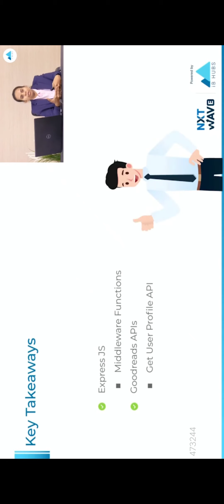Okay, so let me summarize today's session. In today's session, we understood about the middleware functions, right? We have written a middleware function to authenticate the JWT token. Then we have written a get user profile API, using which we understood how to make use of the payload and how to pass it